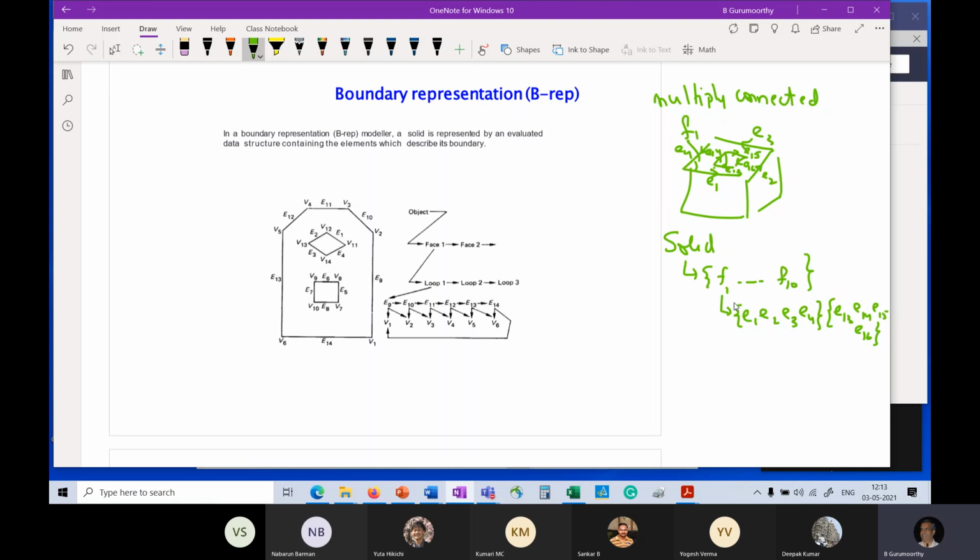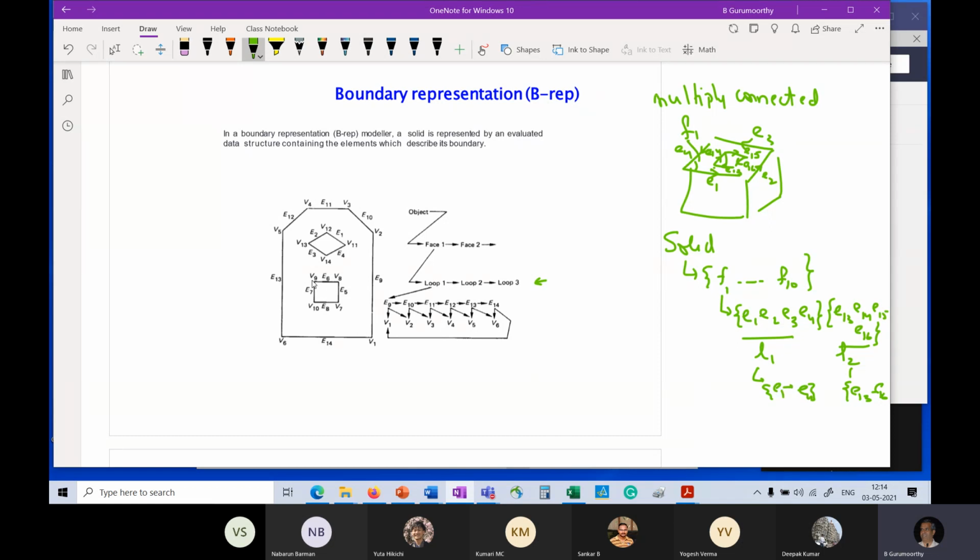But sometimes, to ease the construction or the representation schema, a new structure or new entity is introduced, as shown in this example here. Each face is in turn a list of loops. In this case, face 1 would have been a list of two loops, L1 and L2. And L1 will then point to its ring of edges, and L2 will point to its ring of edges, E13 to E16. This will be E1 to E4.